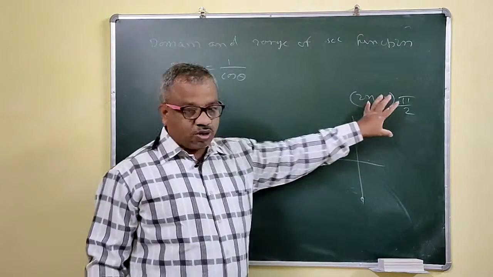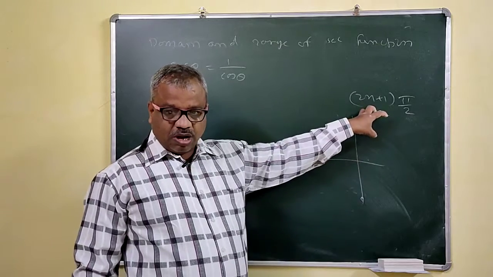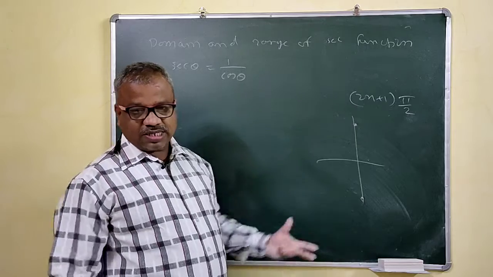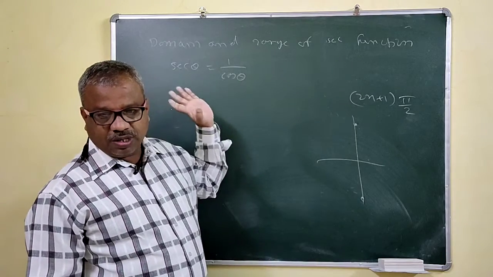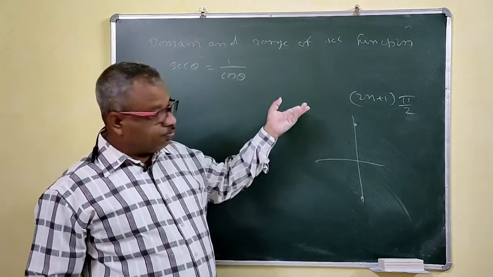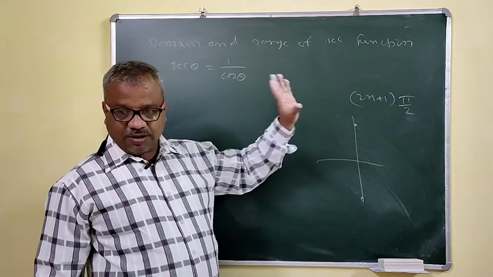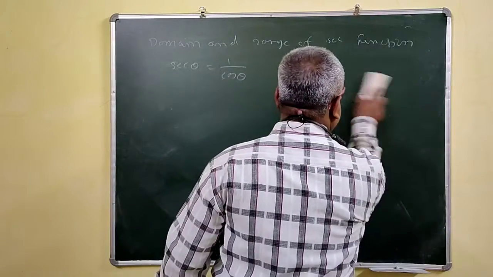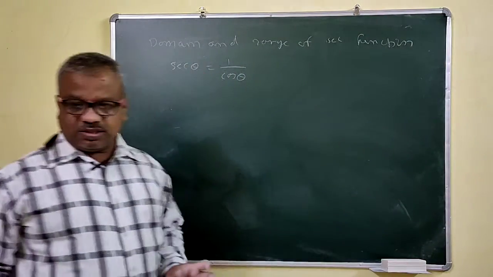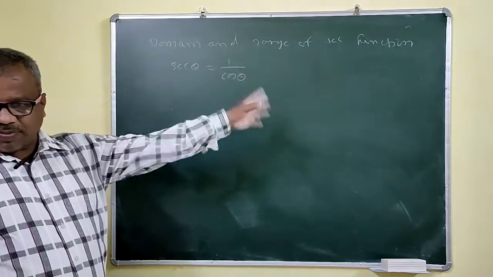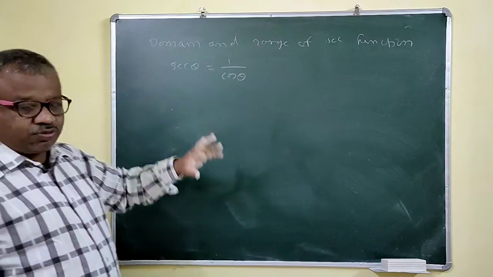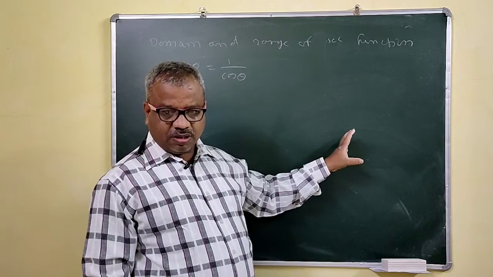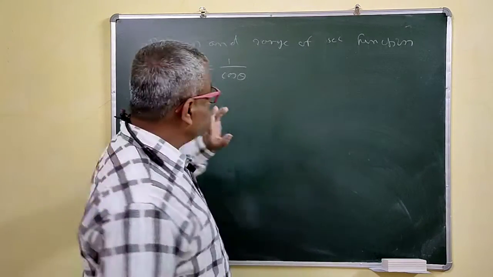So that means you have to remove all these points from the set of real numbers, right? And whatever set remains will be the domain of sec theta. On that, your sec will be well defined. So to find the domain, you have to find the real numbers such that sec is well defined for them. You don't have to take all the real numbers; if it is not defined, remove it from the set of real numbers. The rest will be your domain.